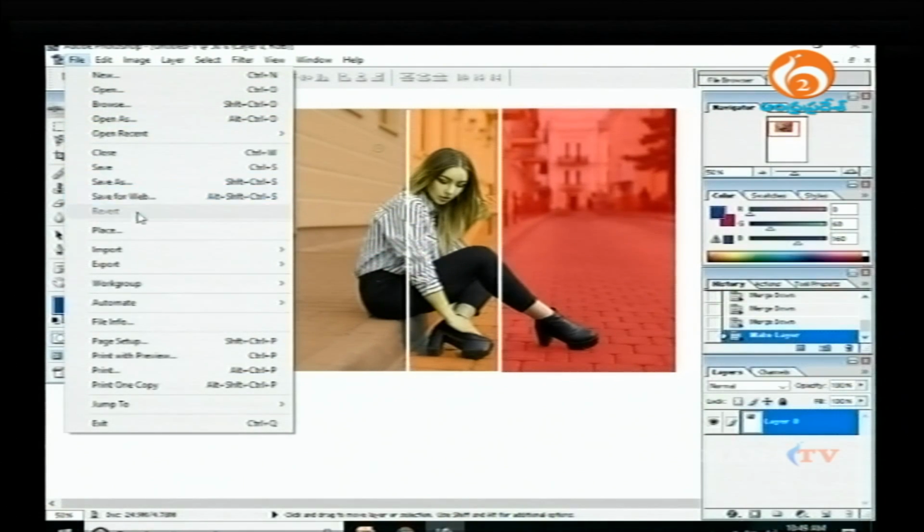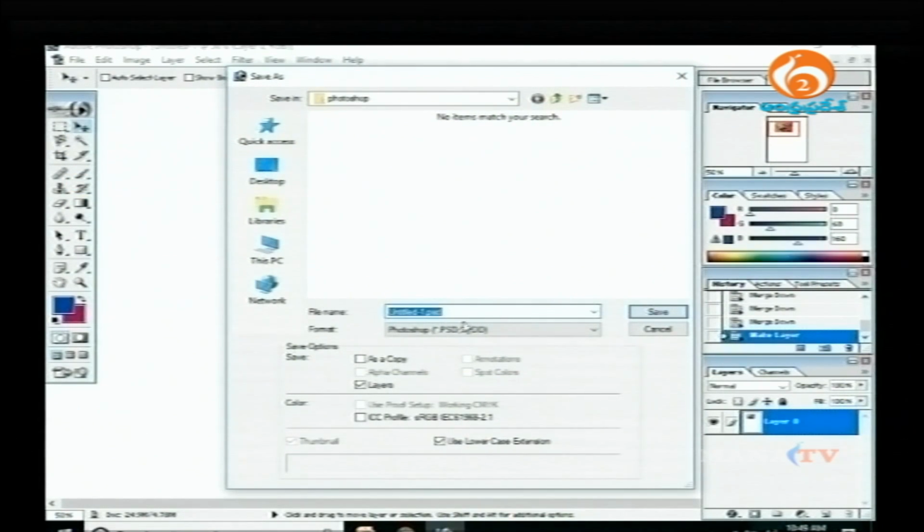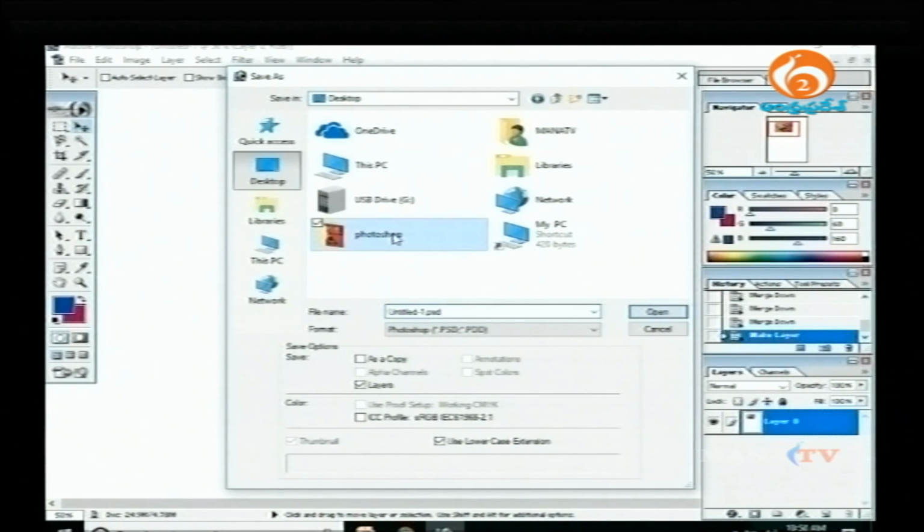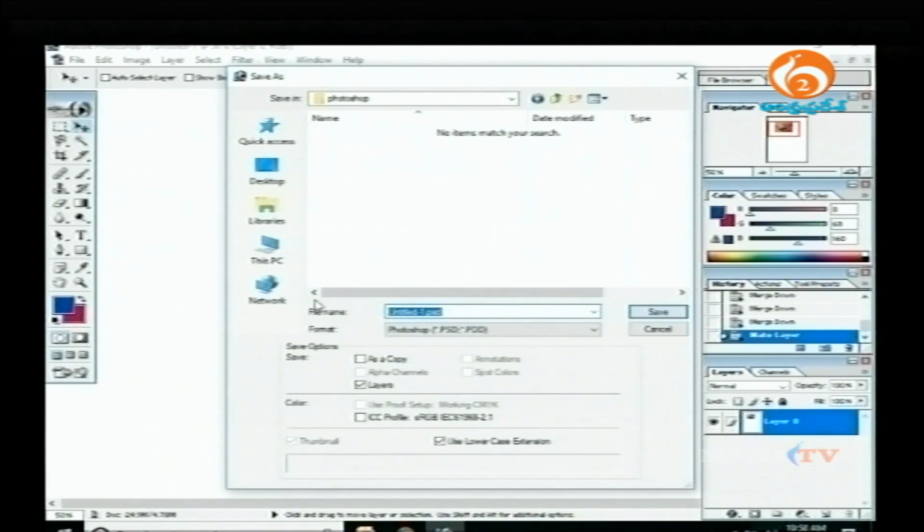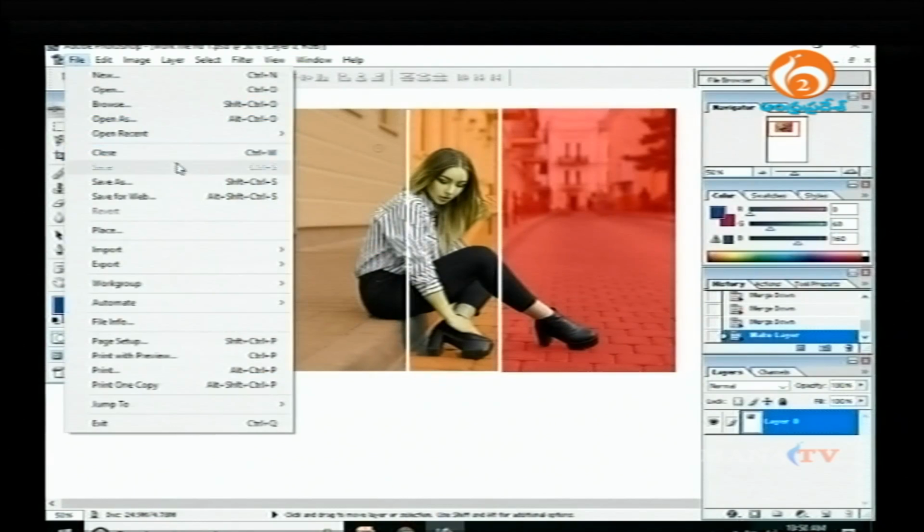Now I'll save as, desktop, Photoshop work file number 1. First I will save as PSD and then save as